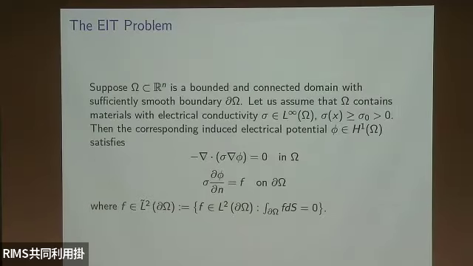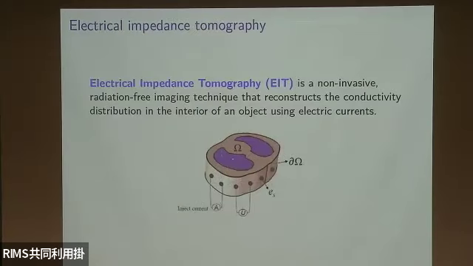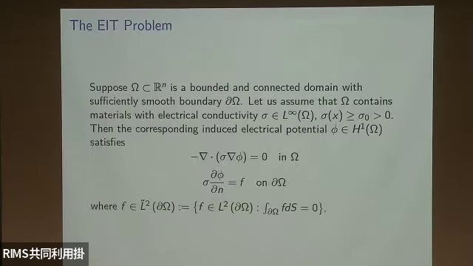It looks like this. Given a domain omega, bounded and connected with a sufficiently smooth boundary, suppose that the electrical conductivity sigma, here, is actually the image. So earlier, if we go back, that's the blue one, the sigma. So the goal is, given the image in the EIT problem, the electrical potential phi, or the boundary voltage if you look at the restriction of phi at the boundary, satisfies this generalized Laplacian equation.